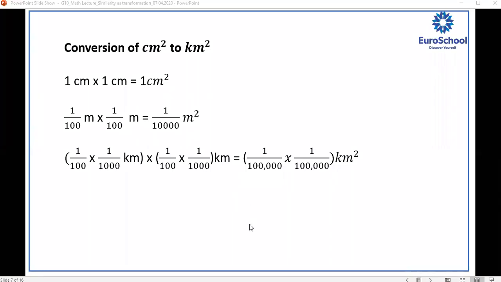Still you have a doubt? If you still have a doubt, I just want you all to do it now, while I'm explaining it, or you can do it once we discuss questions, where we have used it. So 1 centimeter square is equal to 1 upon 10,000 meters square. This is a square. Now 1 centimeter square is equal to 1 upon 10 to the power 10 kilometer square.